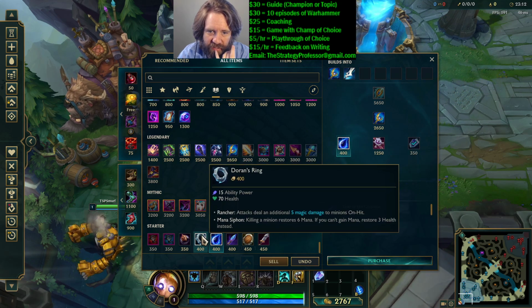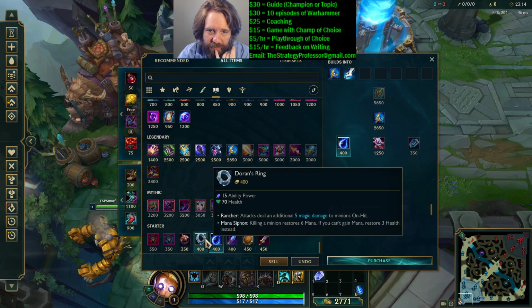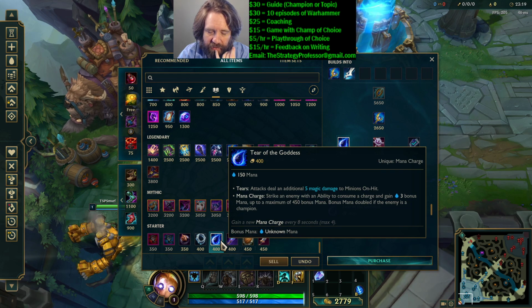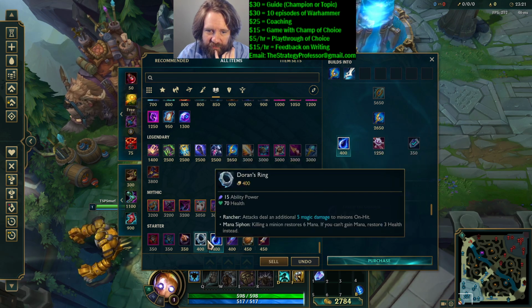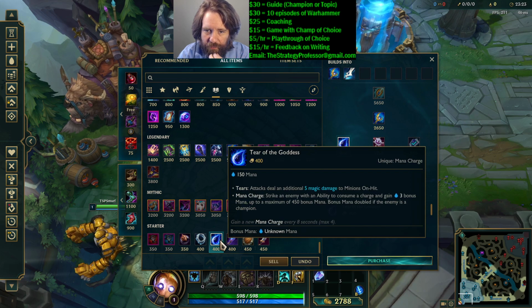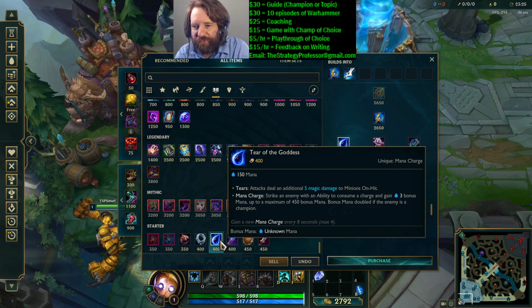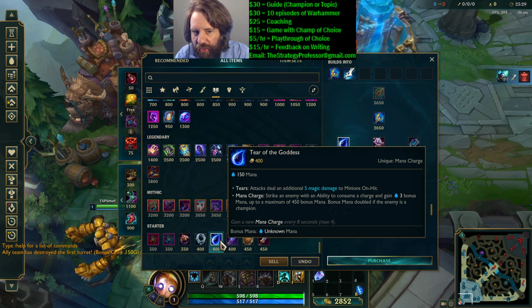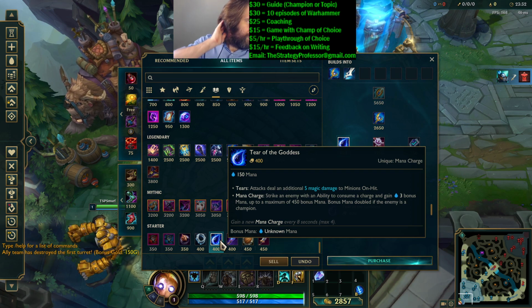Yeah, that's a lot of mana regen, but you do get 15 ability power, and you do get the 70 health. But with this, you get 5 magic damage on hit, which is the same. And then if you hit a minion, you get 3 bonus mana. If you hit an enemy champion with your charges, then you get, what is it,